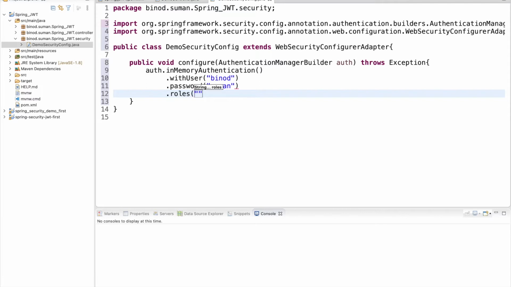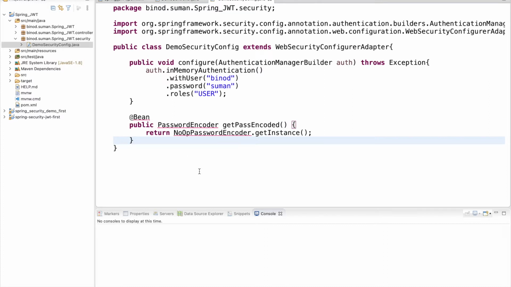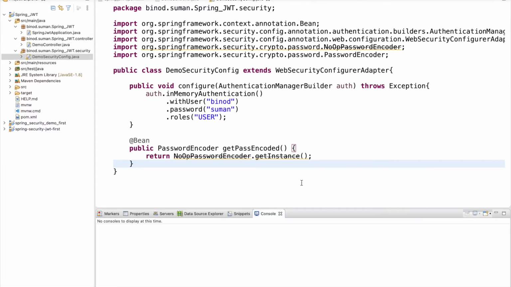Here we are not going to use the roles, but it is required here. And you know the password should not be plain text. There are many encoders, so you have to encode the password and give it as a hard code. But for the time being we are going to use the NoOpPasswordEncoder, so we can use a plain text password for the easy implementation.